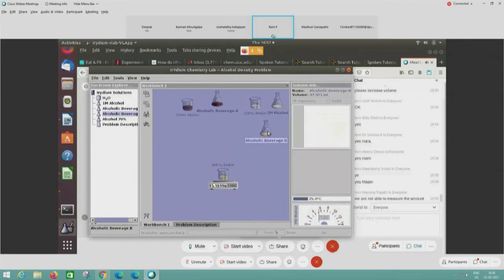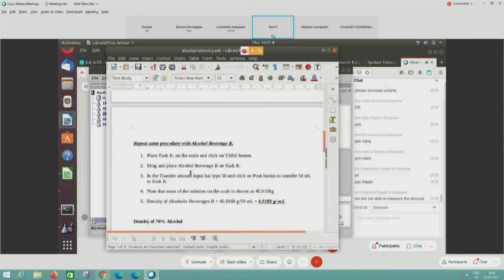We have two standards and two unknowns. And again the weight is 45.91 grams, and from the weight we will calculate the density as 0.9183. So we have two standards, two unknown densities, and now we are ready to plot a graph.